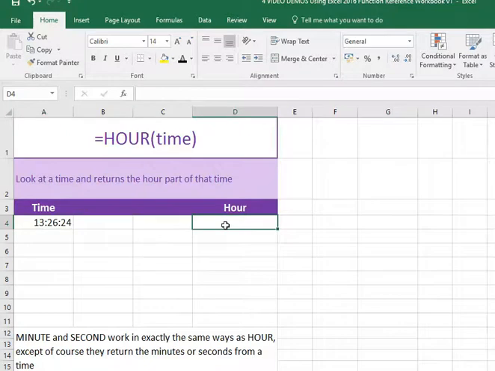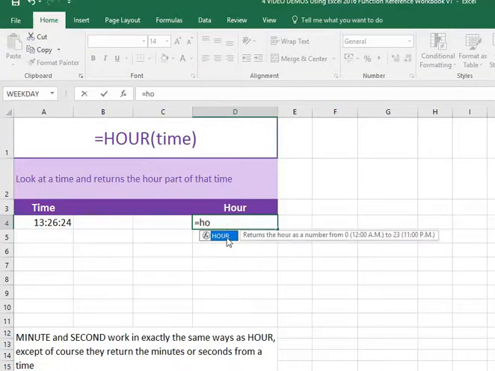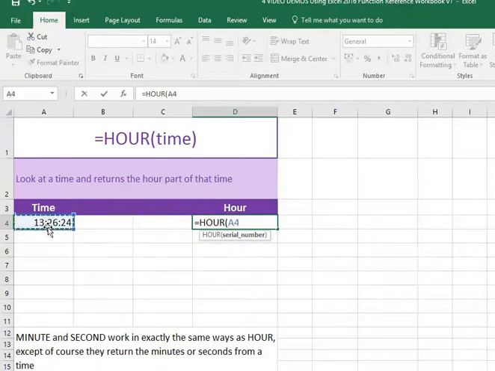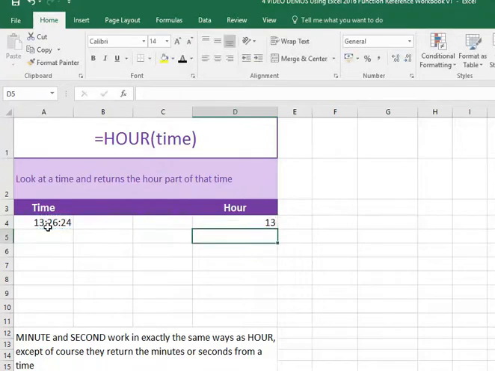So I'll start to build my function statement by pressing that equal sign and start to type in the name of the function. There we go. And it returns the hour as a number. 0 is 12 AM and 23 is 11 o'clock PM. Give it a double click, and again it's only got the one argument, and it's asking me for the argument in the cell A4, and I'll close those brackets off, and as we would expect, it's returned the hour